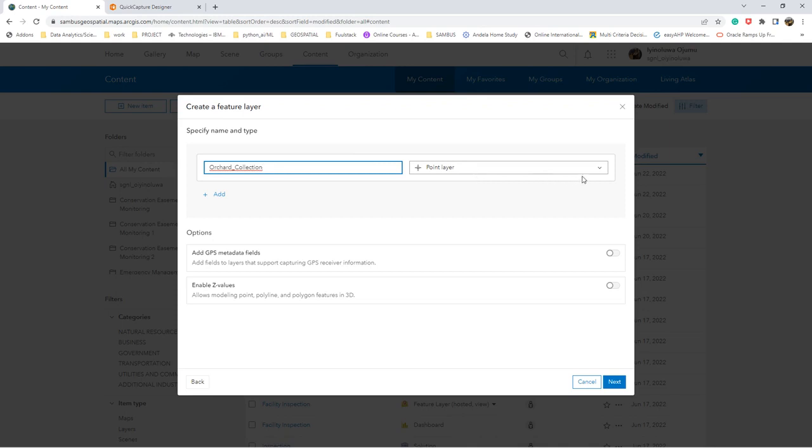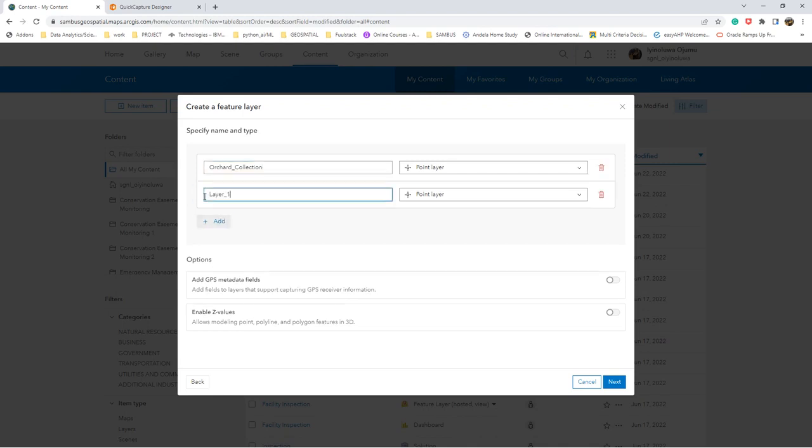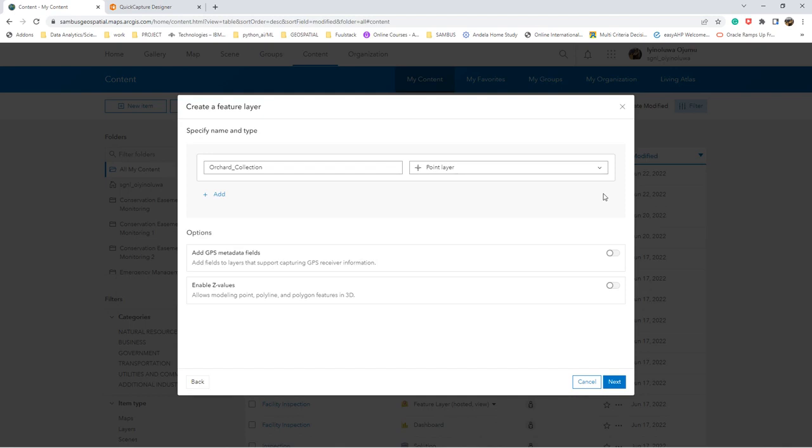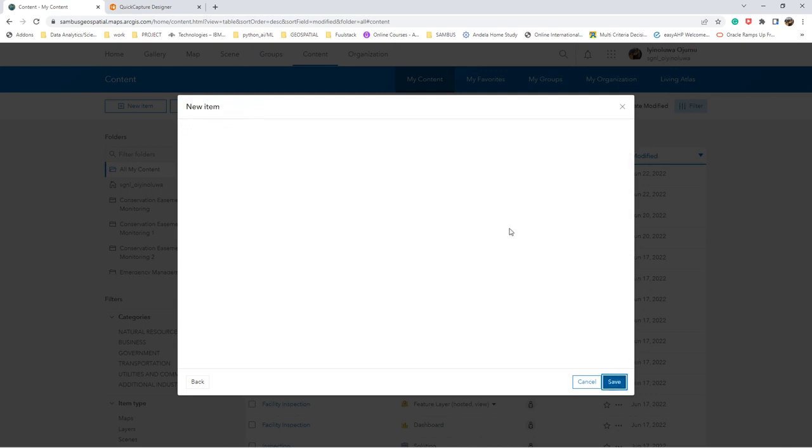So it's going to be a point feature since we want to create a point feature. Also, if you want to, you can have more than one type of feature being created. You see here, you have the opportunity of adding also polygon and line feature layer. But for this project, we are only capturing the location of those fruits. So next,